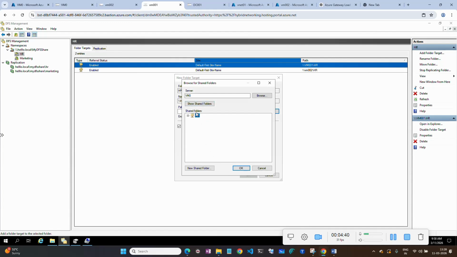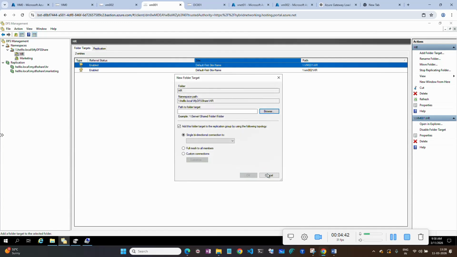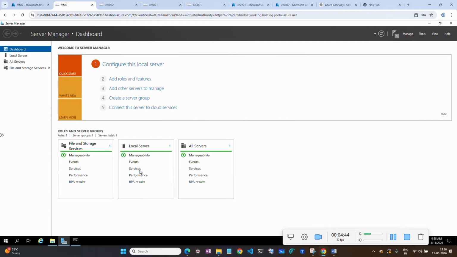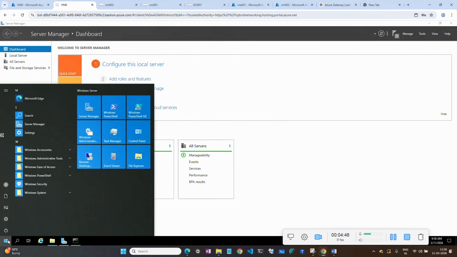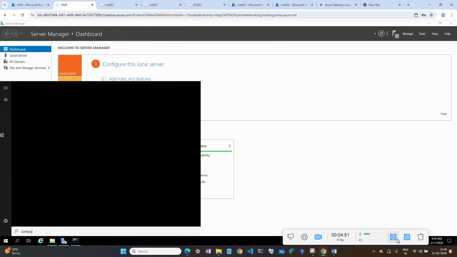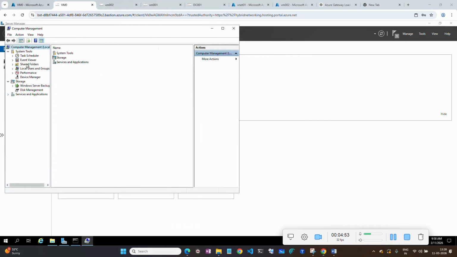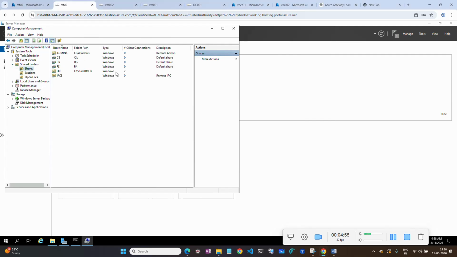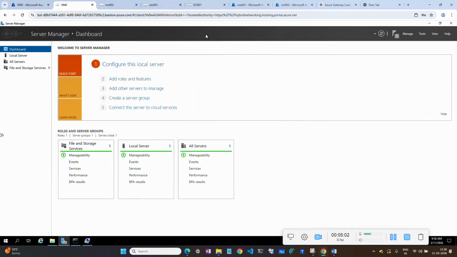Okay, now before I add it here, I need to just do one more thing. I'll go here and type computer management. So under the computer management, under shares, there is something called HR. I will stop sharing this. Okay. Now once this is done, I will go to this